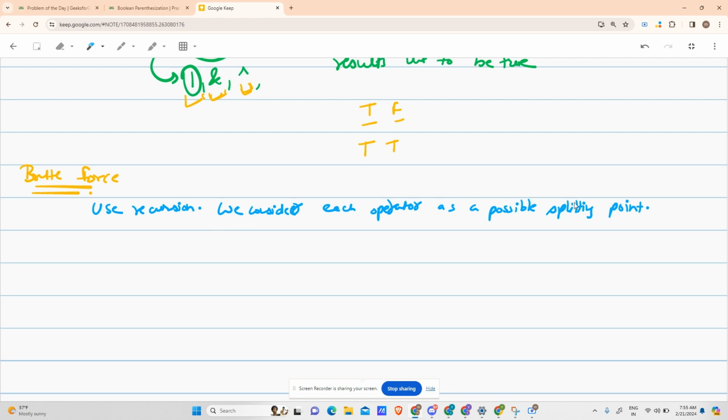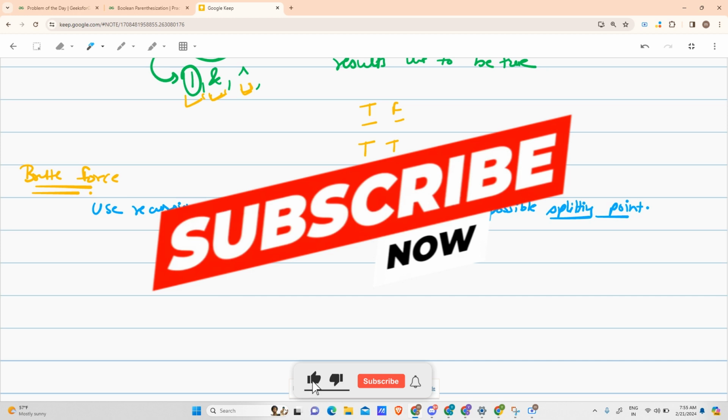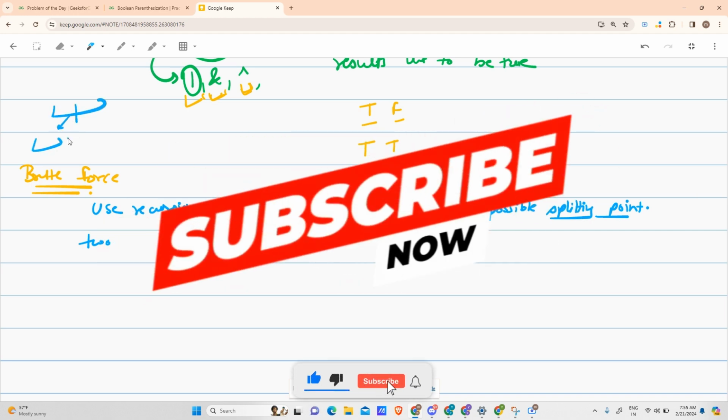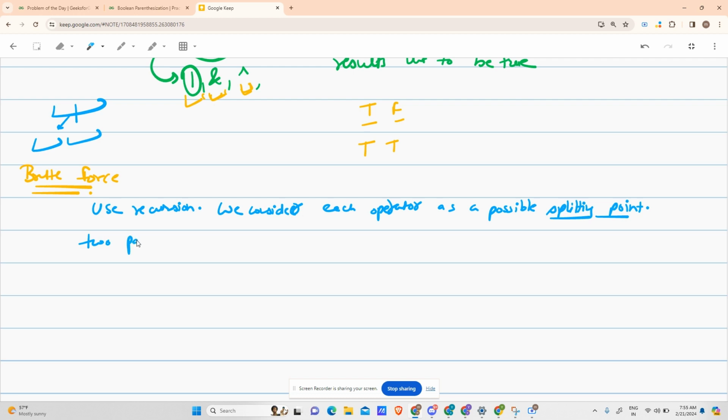And we want to divide the expression into two parts at the splitting point. Okay, splitting point means what? Like this is a string, this is a splitting point, so if we divide it, it becomes this and this, right? So into two parts. Okay, and now our method will be that for each splitting point,